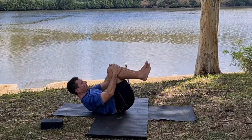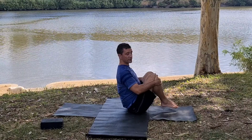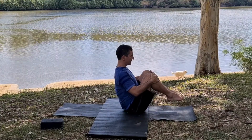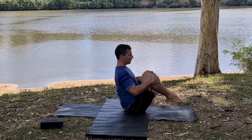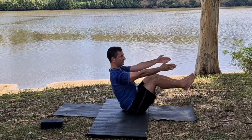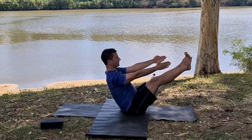And then we're just gonna stop halfway, balancing on the sitting bones, lengthening that spine, squeezing the knees into the chest, maintaining that length. We wanna move into boat pose. So for boat pose or Navasana, it's important to maintain that length in the spine. And if you want to go further, you can just bring your arms up with energy parallel to each other. If you want to go further, you lift your feet, maintaining a bend in the knees. If you want the full pose, you straighten the legs, you gaze between the big toes,